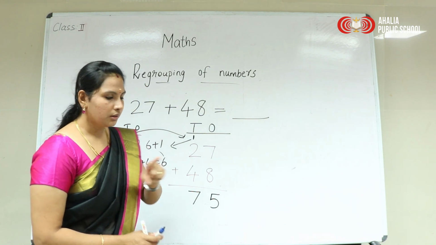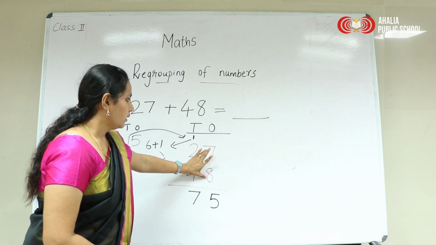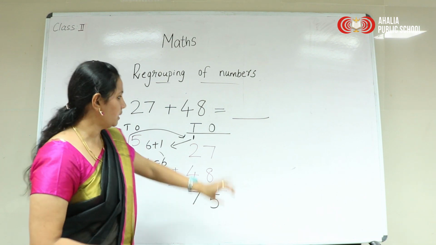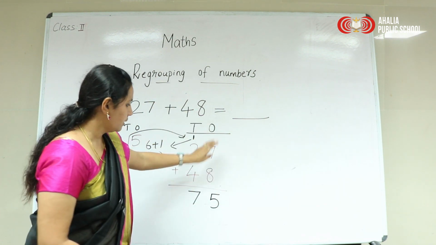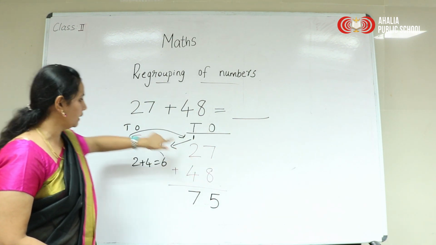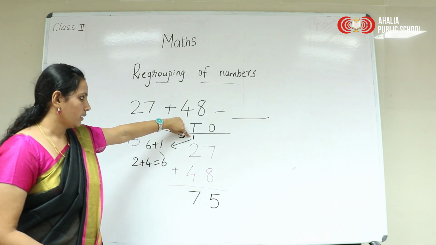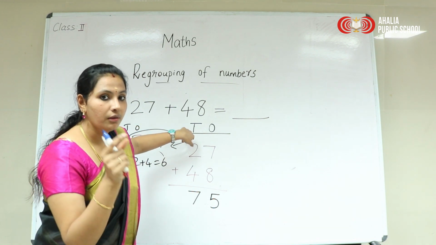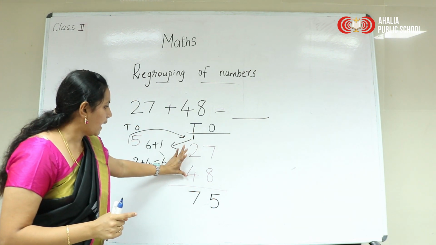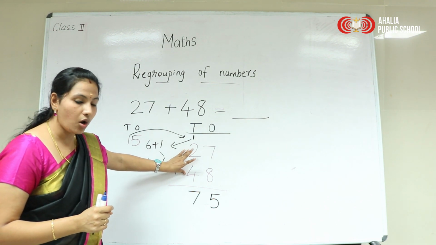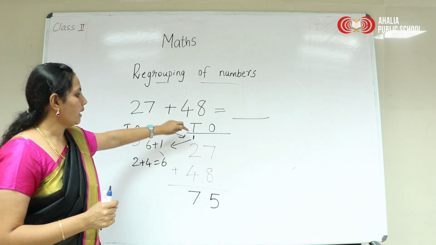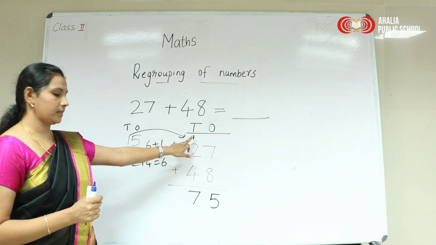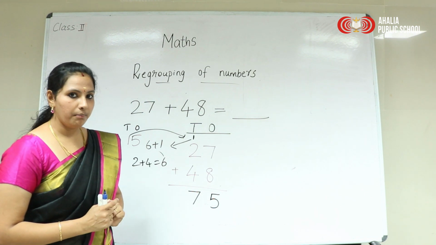Okay. Now see, when we add 2-digit numbers, if in the ones place we get a 2-digit number, what we have to do is shift the tens digit into the tens place. What will it be called? It will be called the carry forward number. After you calculate the tens place number, you again add this number with that answer, that is, with the 6. Then you get this number.